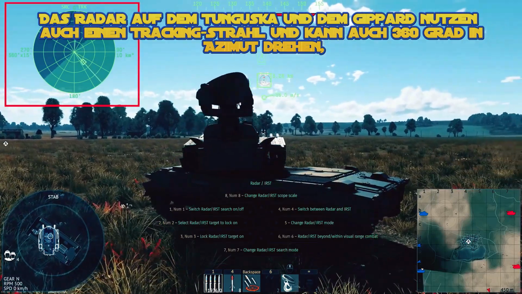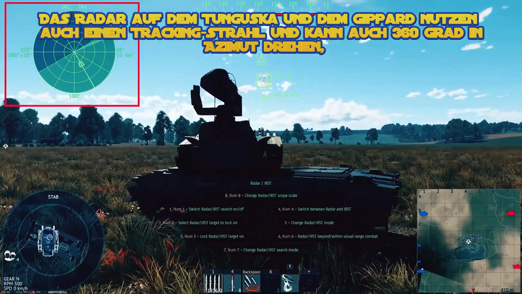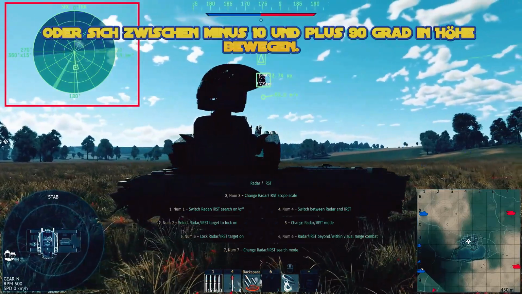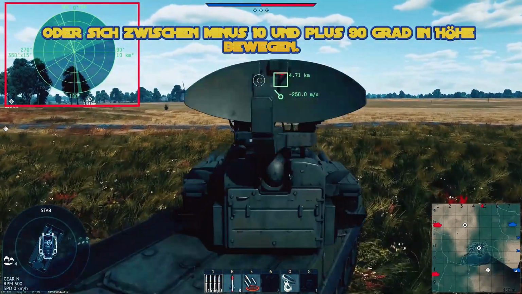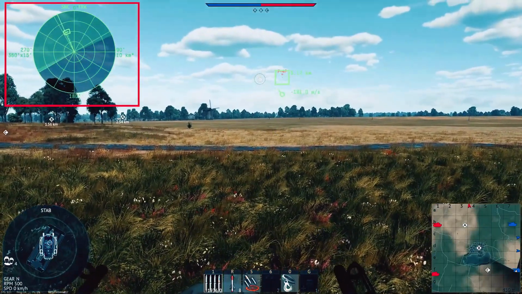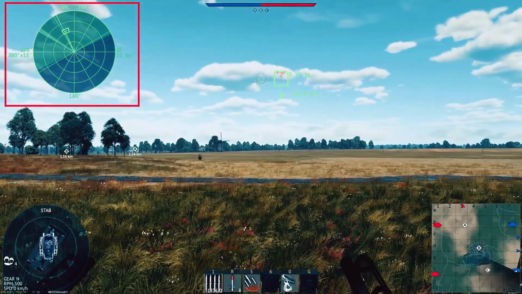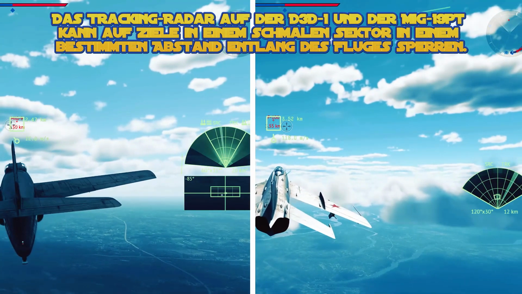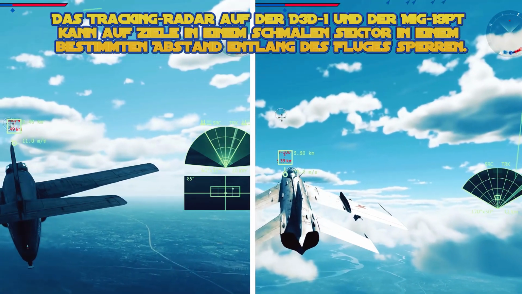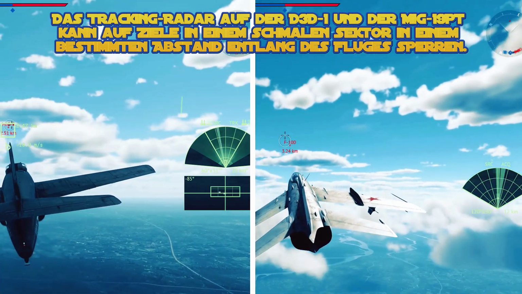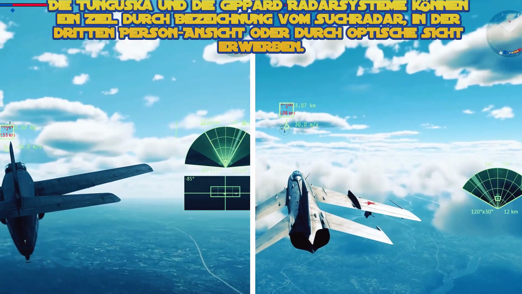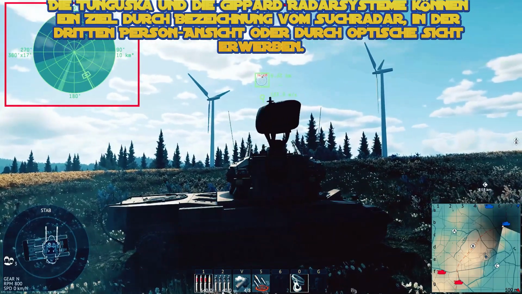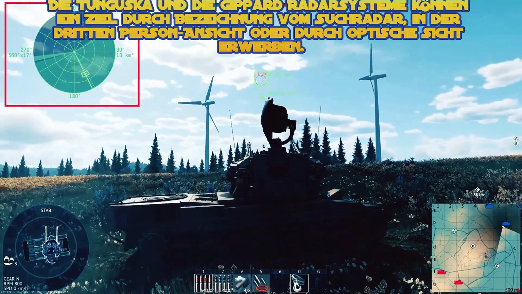The radar on the Tunguska and the Gepard use a tracking beam too and can also rotate 360 degrees in azimuth, or move between -10 and +90 degrees in elevation. The tracking radar on the F3D1 and the MiG-19 PT can lock onto targets in a narrow sector at a specific distance along the course of flight. The Tunguska and the Gepard radar systems can acquire a target by designation from the search radar, in third-person view,